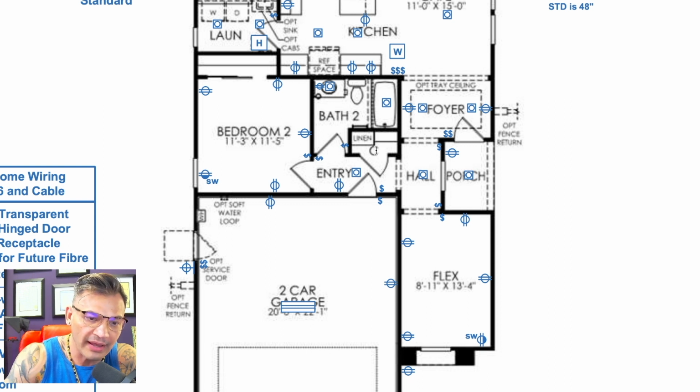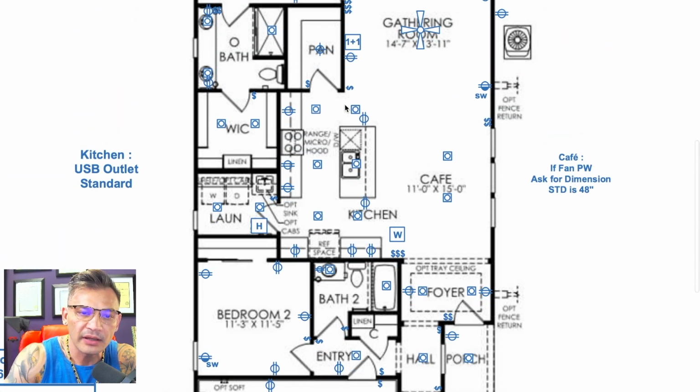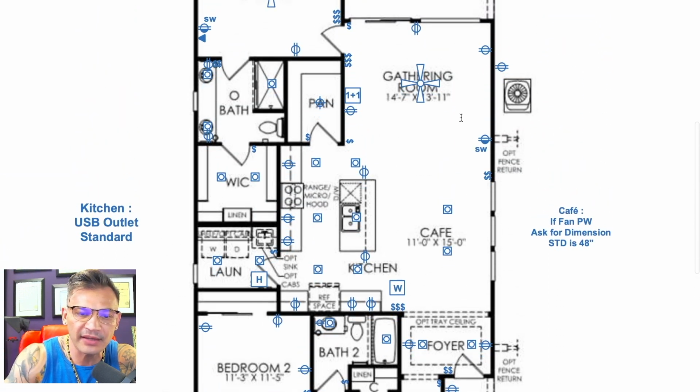Right off to the right, we have our linen closet, access to the garage door. This comes into bedroom number 2. And this, we have our bathroom. Here, as you can see, this is the main living area, okay? Now with the main